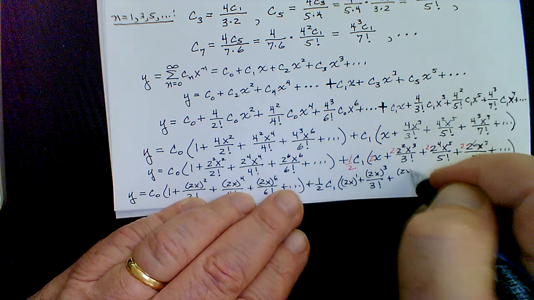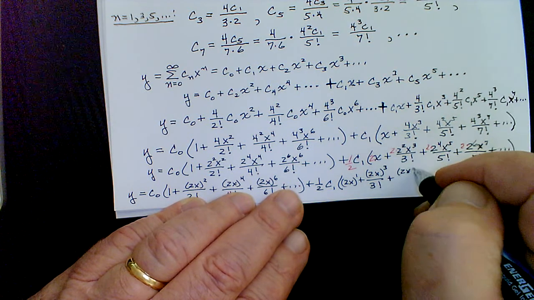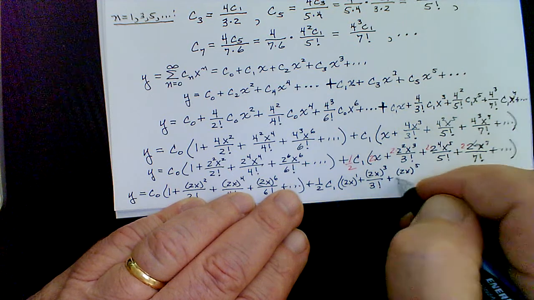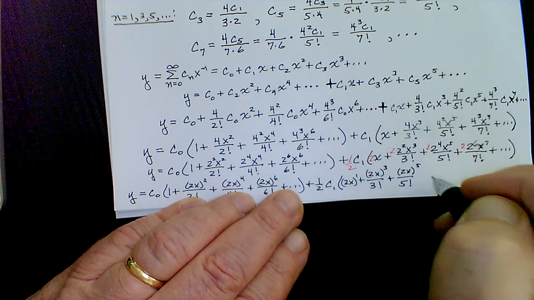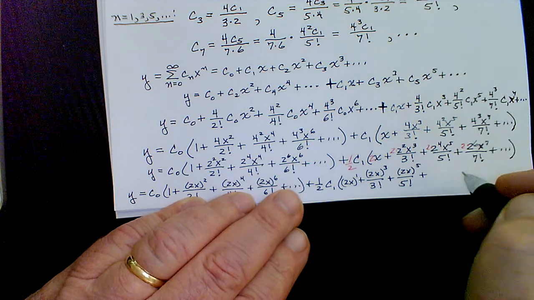Similarly, plus, now there's 5 factors here of 2, so 2x quantity to the 5th over 5 factorial, and then plus,